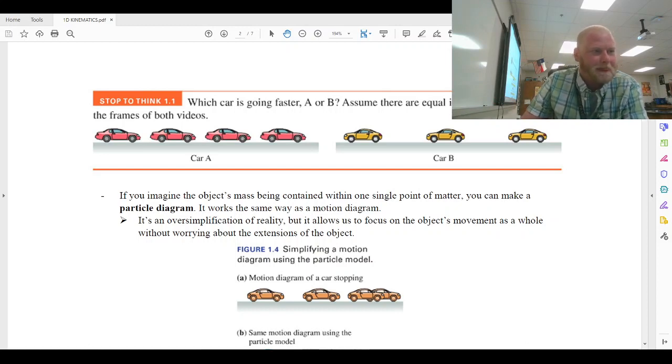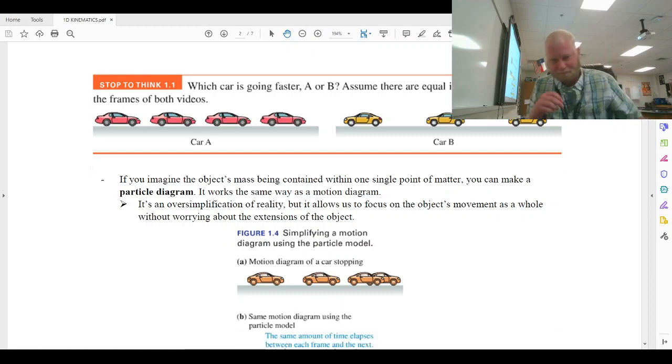Now, we can boil down our motion diagram even further. If you're drawing out these motion diagrams, you don't necessarily want to draw 5 instances of a car. So what do we do? We do what we call a particle diagram. Basically, we imagine that all of the mass of that car can be condensed into